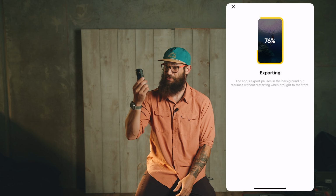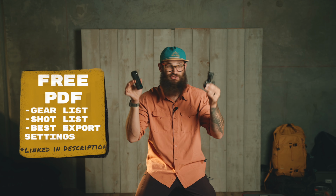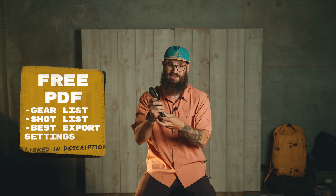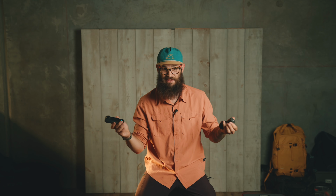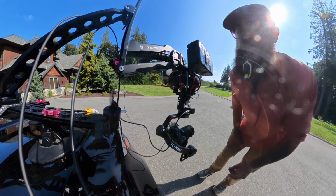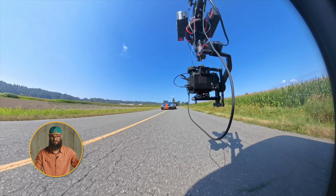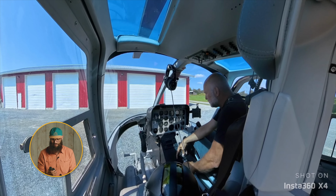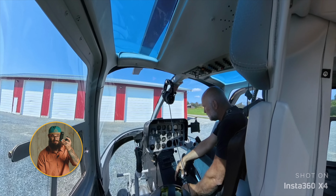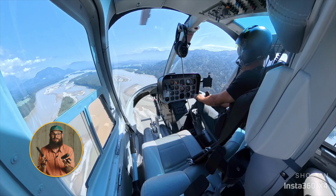What I appreciate about filming with 360 action cameras is that this is essentially all I use a majority of the time for mounting in all sorts of different positions. I was just on a production the other day and we wanted some behind the scenes of these rolling shots we were doing of a Lamborghini Murcielago. And I just clamped this right next to the suspension arm and got these awesome behind the scenes shots. I did the same in a helicopter later in the day. Honestly, this heavy duty clamp and a selfie stick, that's like all you need to get started,